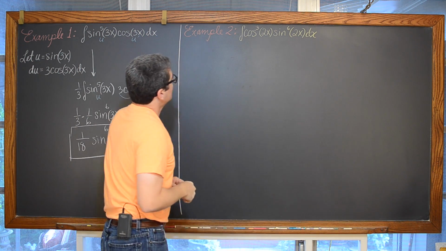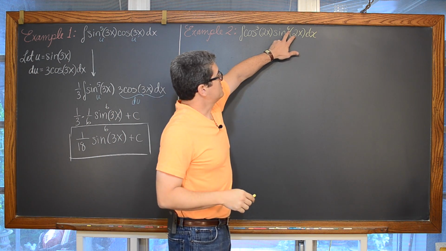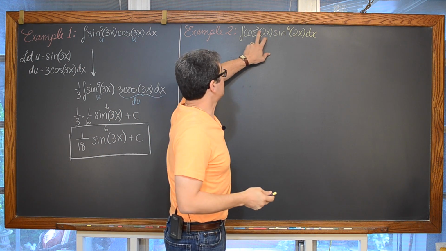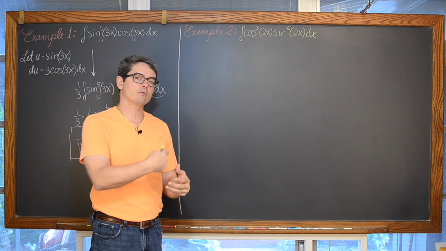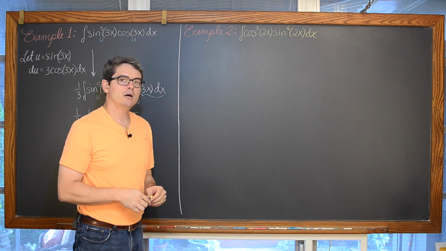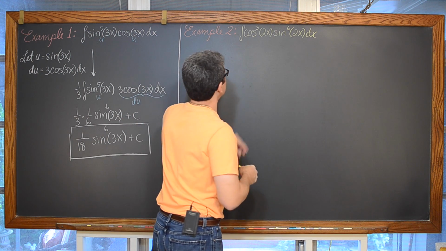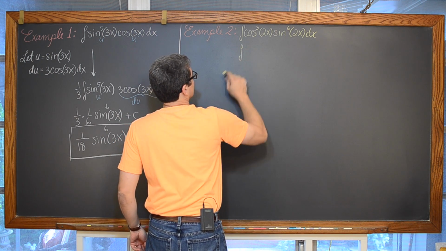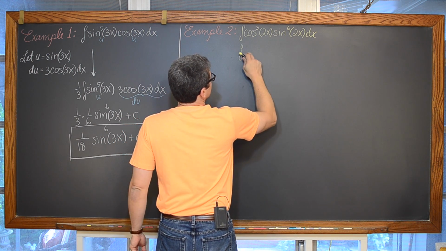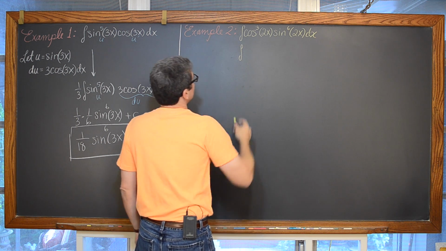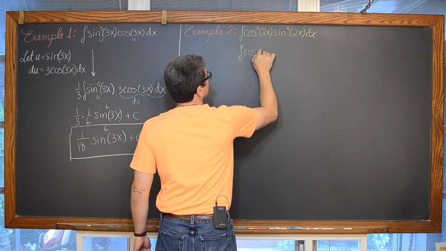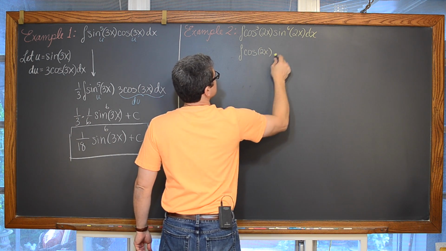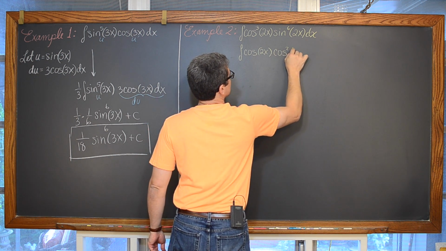Now, we have sine being raised to the even power. Our guidelines said to find the trig function raised to the odd power, remove one of those, and convert the remaining even powers to the other trig function. So we're going to say that this is equal to the indefinite integral of, let's see, just thinking about how I want to write this, cosine of 2x times the cosine squared of 2x.